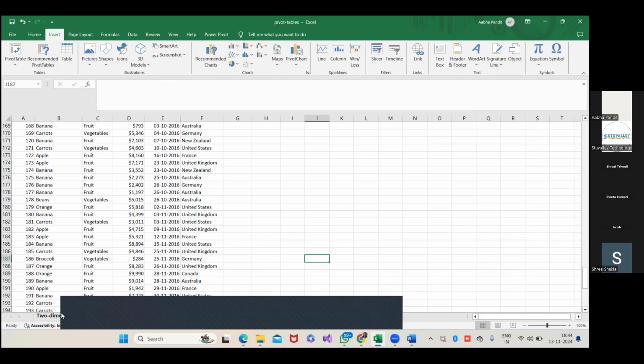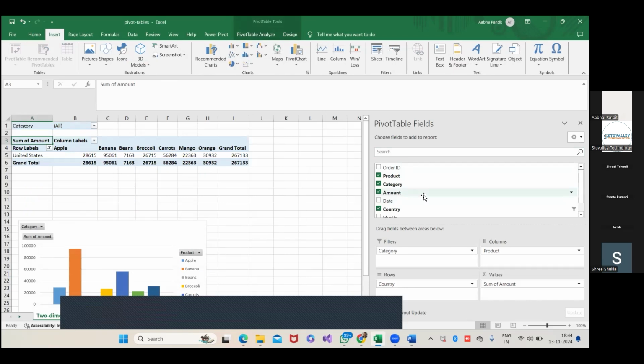So I'm directly showing you the fields and how you are going to select them. आपको steps वो ही follow करना है, बस जब pivot table की field selection का time आता है तब logically आपको दो dimensional चाहिए, इसलिए you have to select carefully. To get the total amount exported to each country for each product, you select a filter on the category and a column on the product. Again here, rows for country and the respective value. So automatically this two-dimensional pivot table is generated.